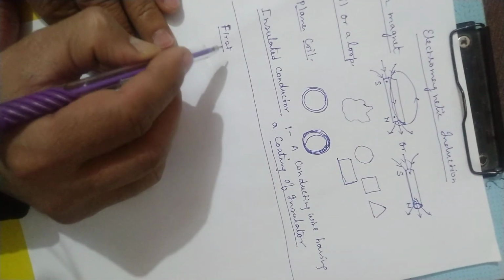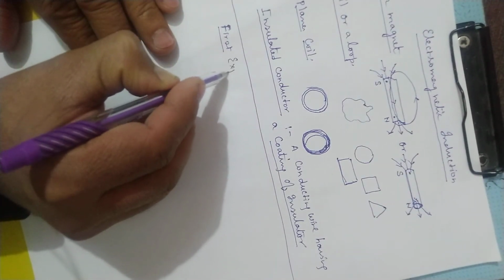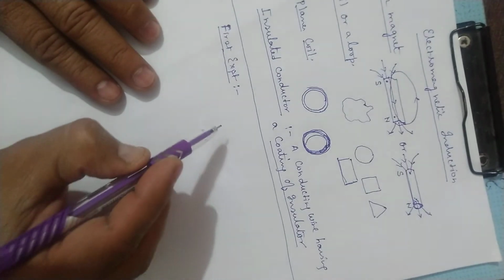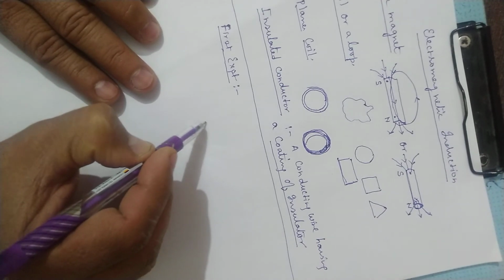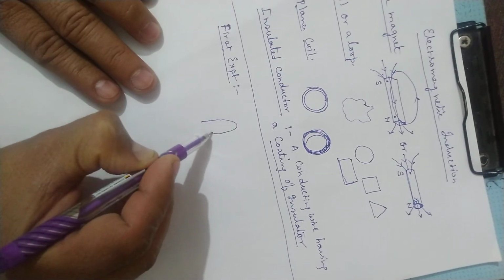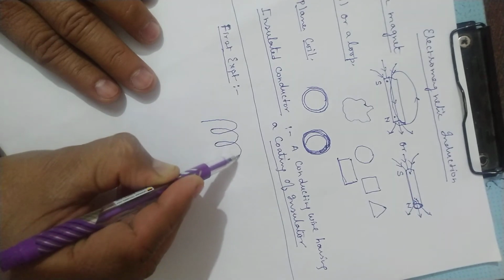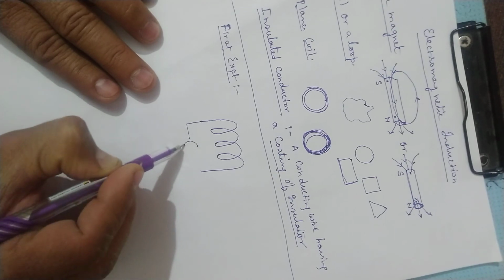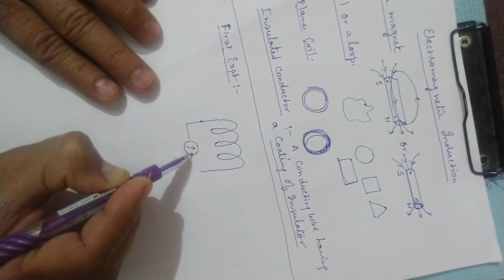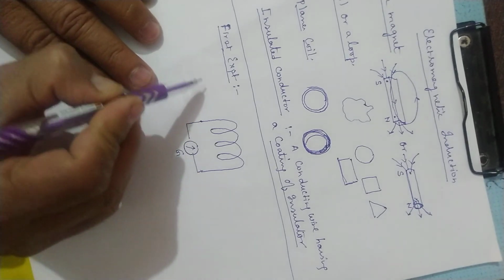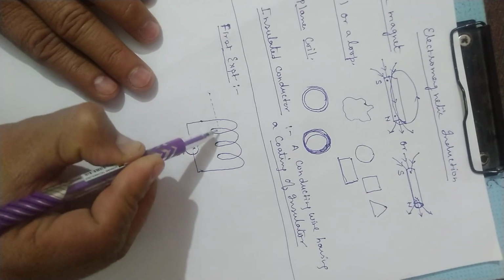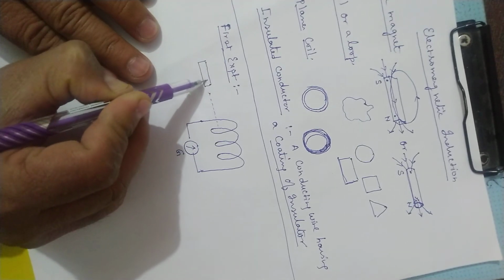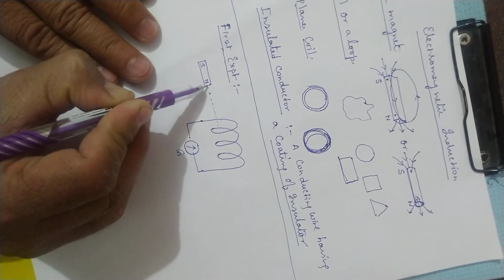So, the first experiment of Faraday. What is the arrangement? There is a loop or coil connected with a galvanometer, and along the axis of the coil or loop we make the movement of a bar magnet. This is the experimental